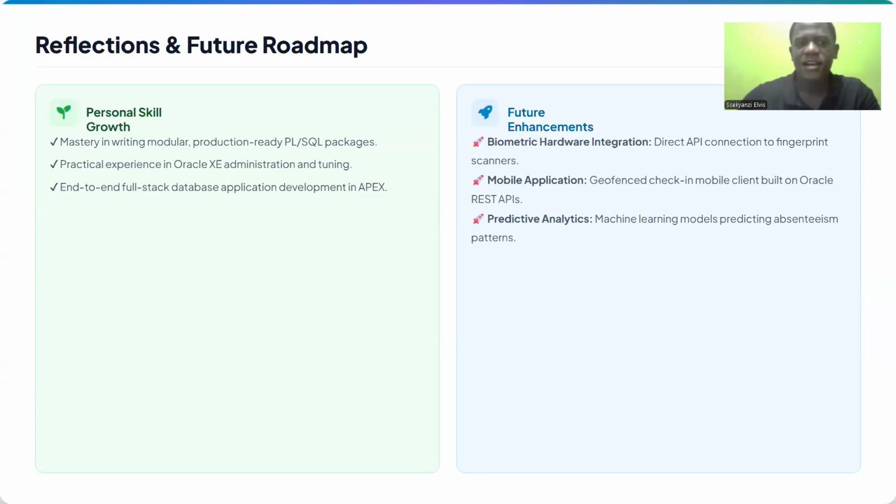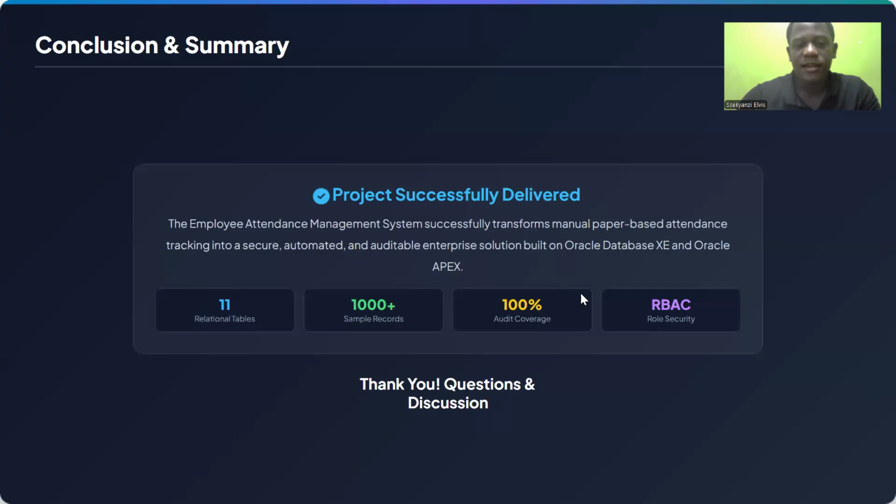I have been able to master the reporting modules, the production-ready PL/SQL packages, the practical experience in running Oracle admin, then end-to-end full-stack database application development in SQL. With time, my roadmap is to improve biometric hardware integration, then think about mobile applications and predictive analysis.